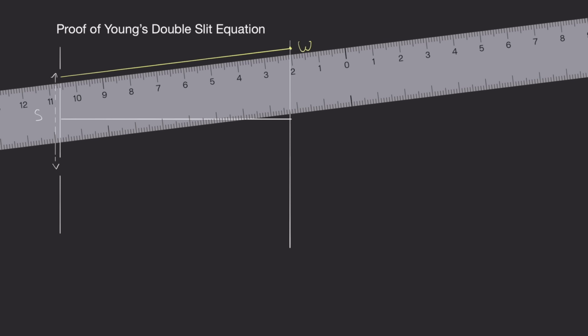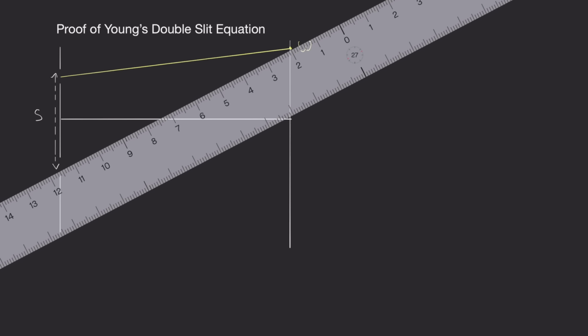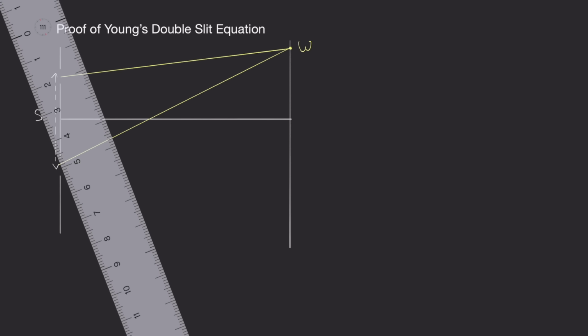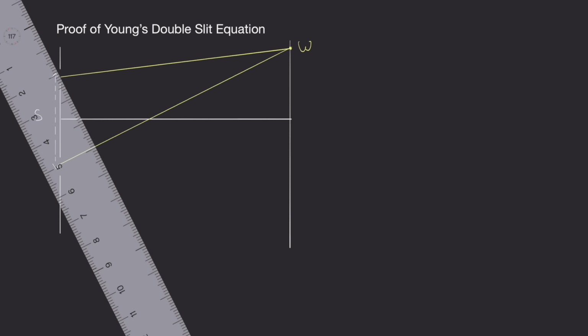On the other hand, the path to the other slit will be just a little bit bigger. Let's draw that over here. We can find the path difference, which is simply going to be just this distance over here,